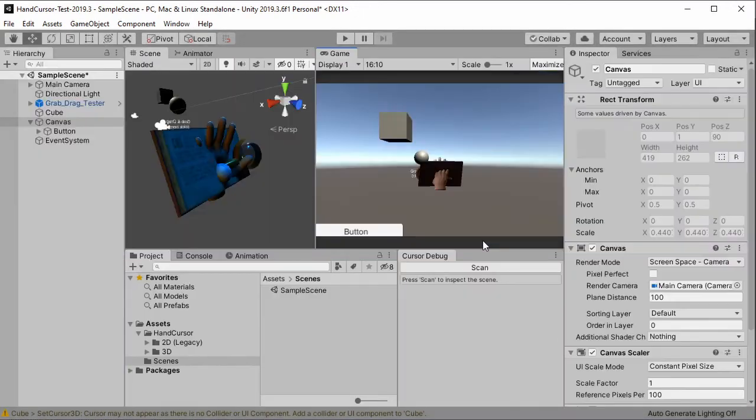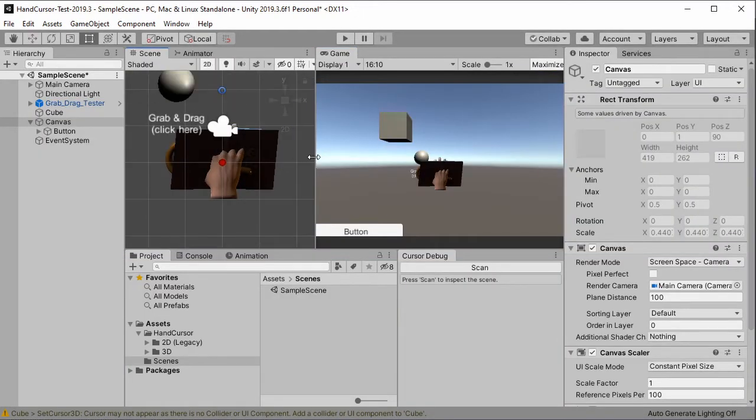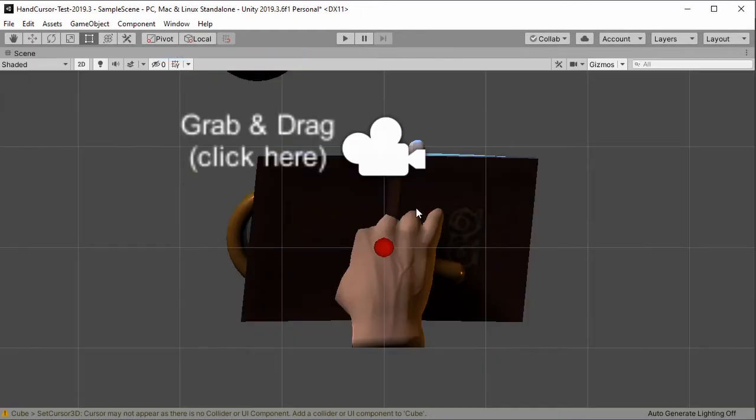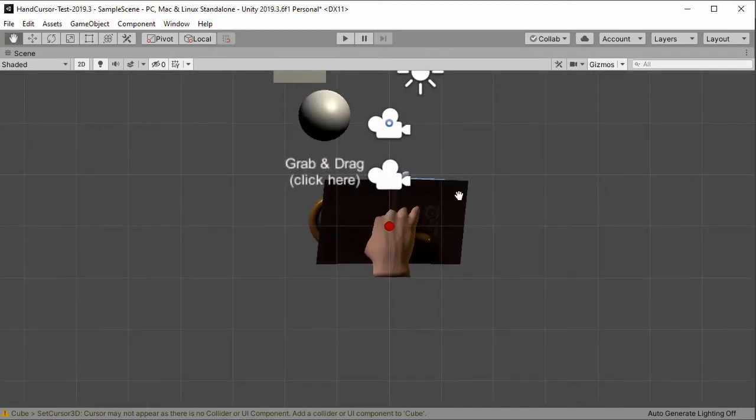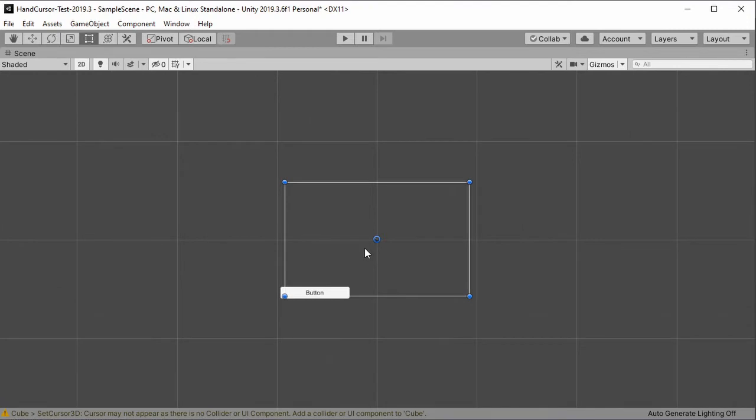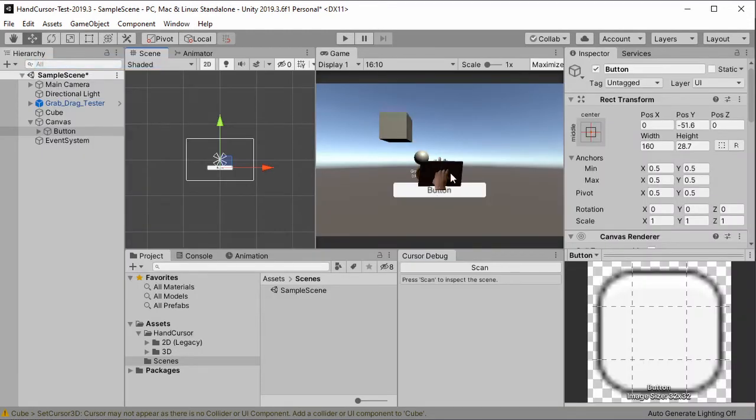Okay. So let's switch into 2D mode and maximize this so that we can have a look at our UI component. Let's press the F button to find it. Here it is. And we simply put the button a little bit above so that we have it in the center of the scene. Now using the hand cursor on the button works basically exactly the same as for the 3D object. We select the button